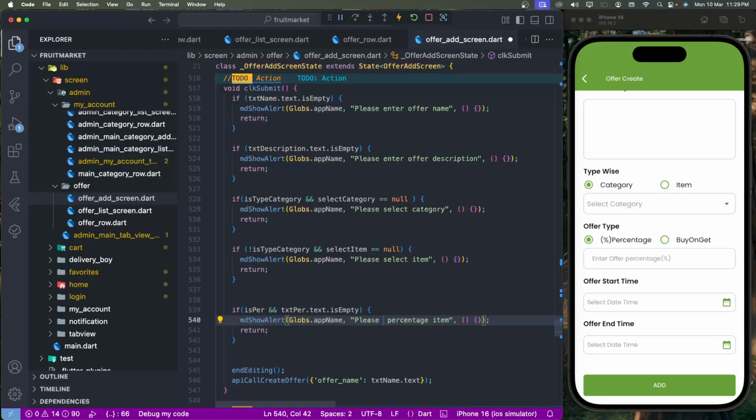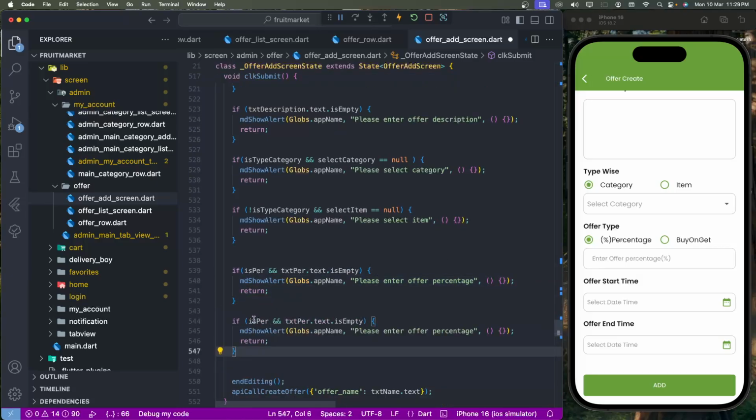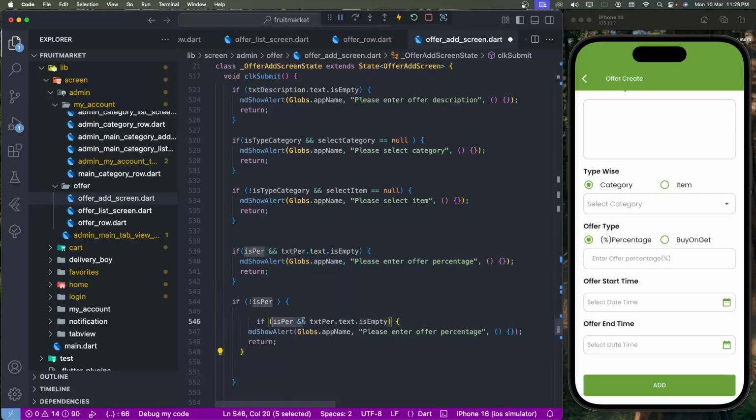Please enter percentage like here. Then after, if you are not PR, then we need to give this here the common conditions. Need to put here, need to set here, paste this here. Now need to check here txt